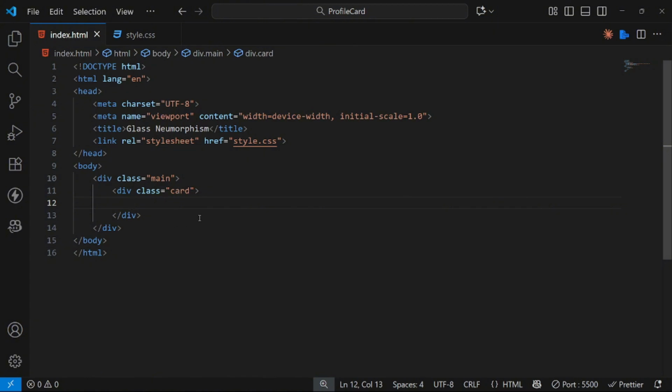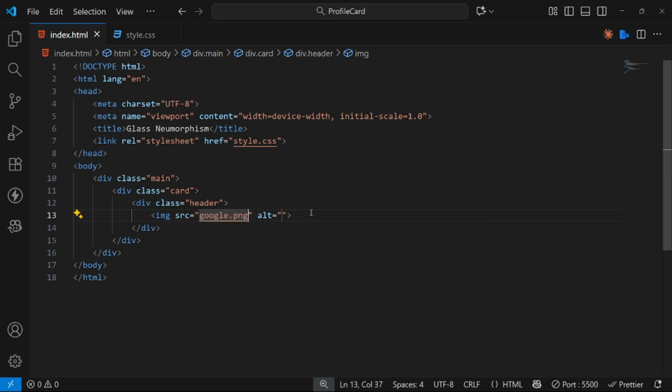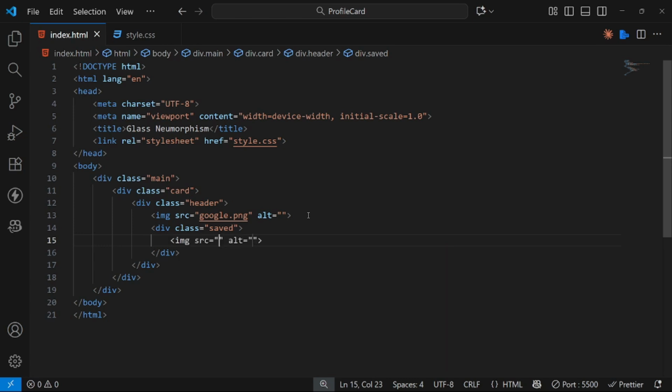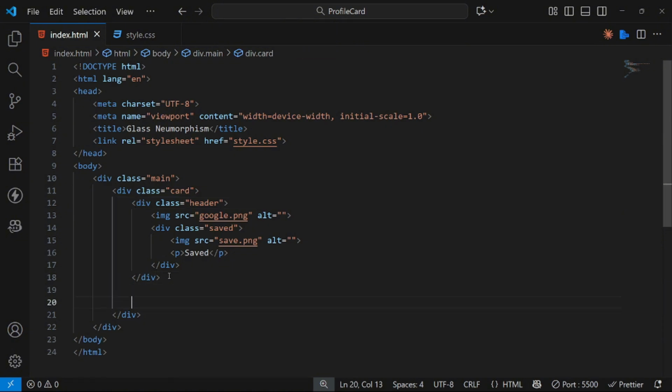Inside card we have one header. Make header. Inside this we have one PNG image. Write image and google.png. Inside this we have another save. And inside this also write image save.png and inside p tag write save. After this header is finished, let's come here and write h2